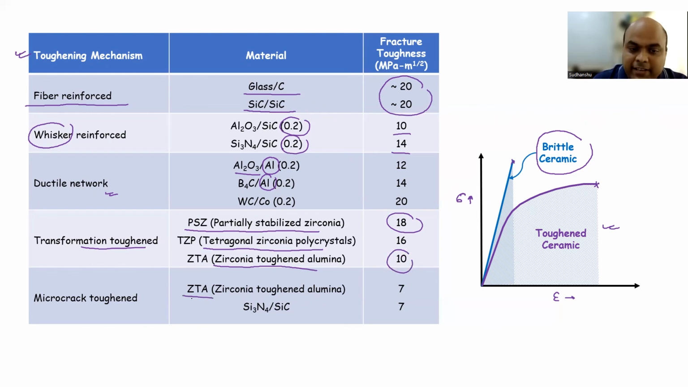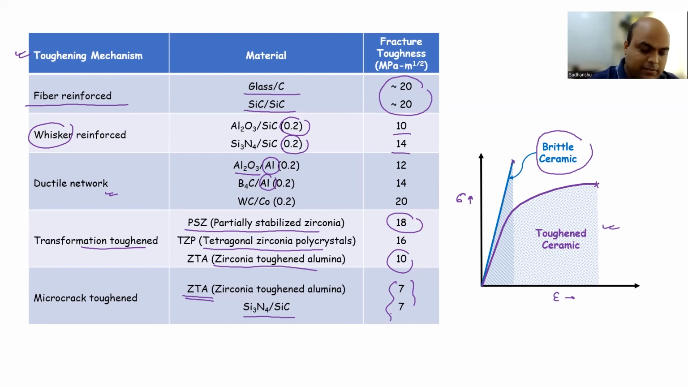And then ZTA, as I mentioned, can also show you microcrack toughening, right? If locally the stress is higher. Similarly, you have silicon nitride and silicon carbide. There also you can observe the microcrack toughening, but it has improved only up to 7. But overall, if you see all these mechanisms, these are extrinsic mechanisms, and they are improving the toughness of